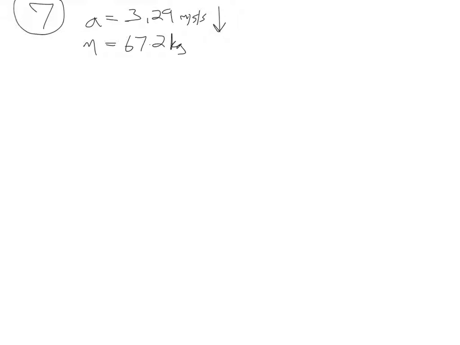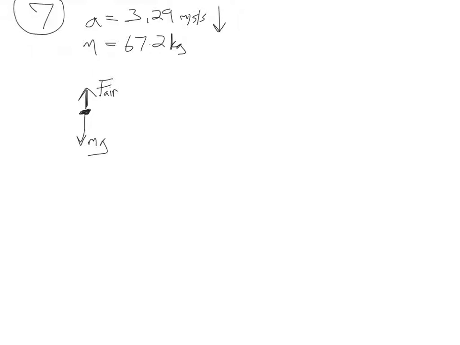Determine the air resistance force on the skydiver and the accompanying parachutes for the whole system. Alright, so there's my skydiver, and the forces on that skydiver would be the weight pulling him downward. Now it does say he's accelerating downward, so whatever force is pulling up, whatever air resistance from him and the chute, I'll call that F air, because it is air resistance, would be less than that weight